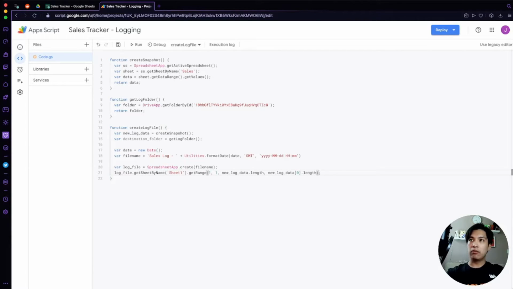So now that we have the range, we're going to say set values, and in the values we're going to say new log data, and we're taking the data that we just got from the snapshot and we're going to shove it into the range in sheet 1 starting from position A1. So once we have that, essentially now the log file that we created is going to have the information from